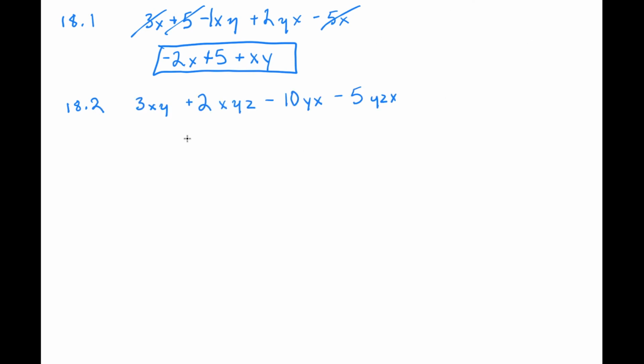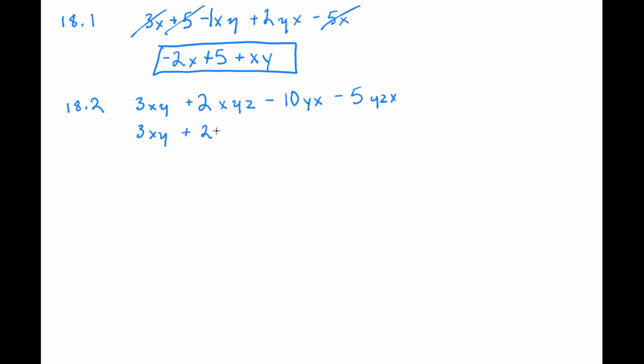All right, 18.2, I've written it out for you: 3xy plus 2xyz minus 10yx minus 5yzx. If you need to pause and write that down, you can do so. One of the things you can do to help identify your like terms, as I mentioned before, is rewrite the problem by putting the variables in alphabetical order. So if we do that now, we would have 3xy